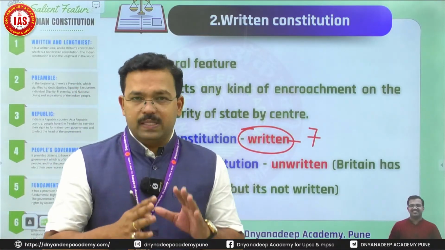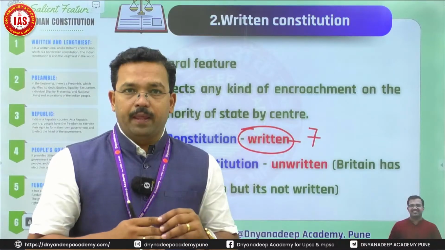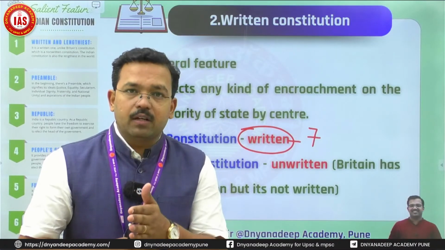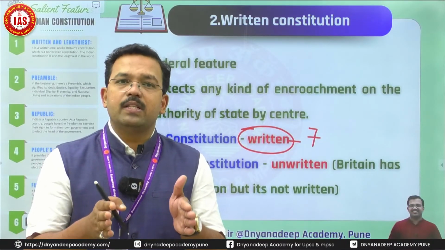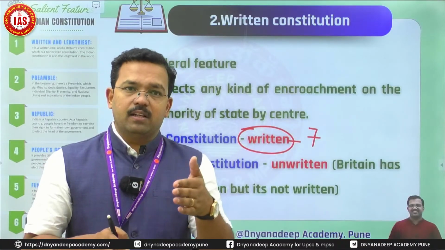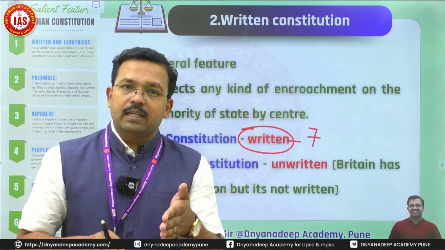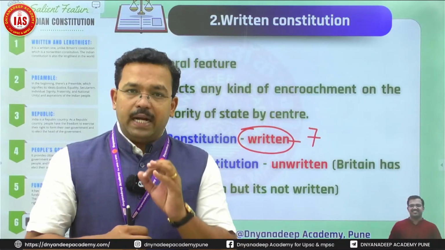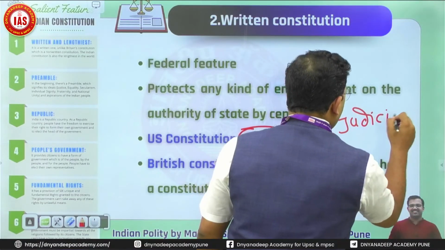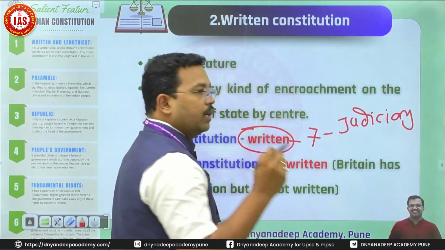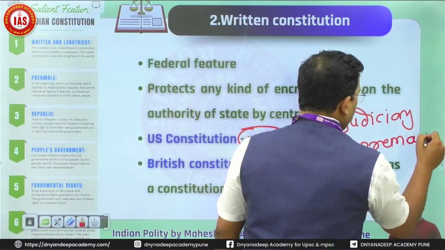There are chances that when power goes into the hands of people, power makes people corrupt. A famous statement of Lord Acton: power corrupts and absolute power corrupts absolutely. So when we write only 7 articles, there are chances that the legislature, executive, judiciary might misuse and misinterpret various articles of the American Constitution. So that's why the American Constitution made the judiciary the most important organ to interpret the Constitution. So in America, there is a judicial supremacy. What the judiciary says will remain final.